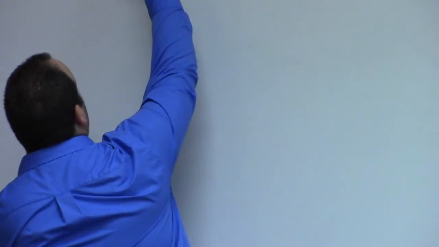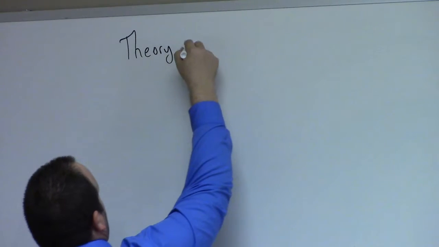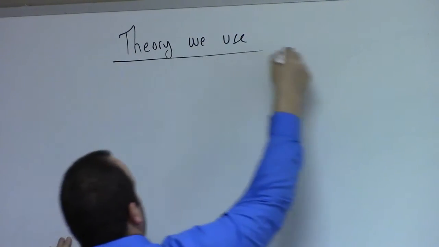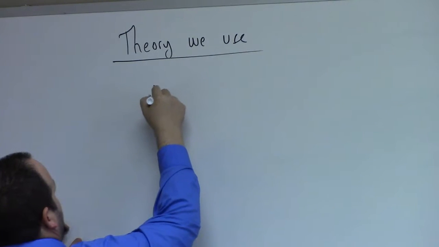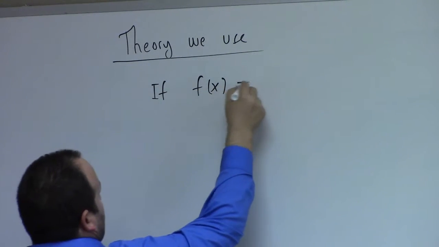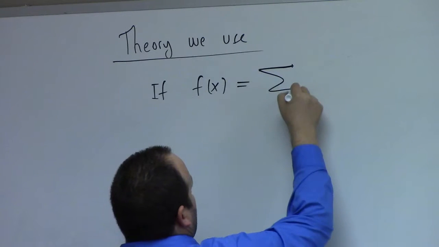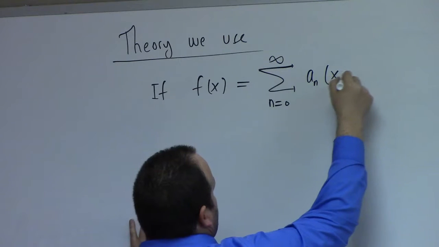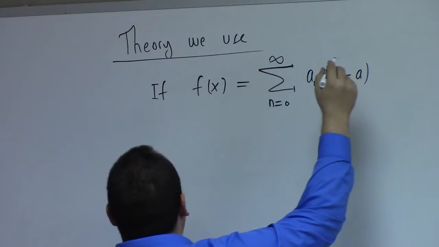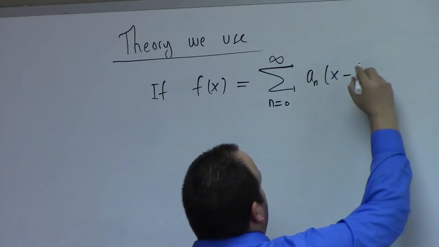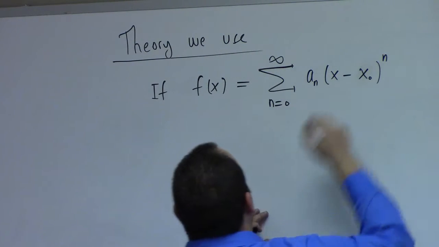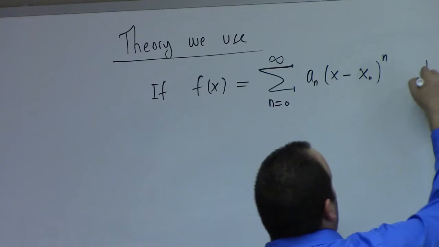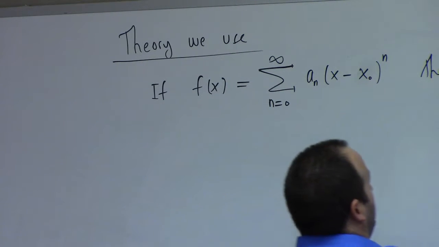There's a couple of major theorems we're basically using. Let me state those. So here's the theory we use. If f of x is equal to a sum, let's say n equals 0 to infinity of a sub n times x minus a. I'm tired of a. Let me use x naught here. x minus x naught to the n power. Then, all right,